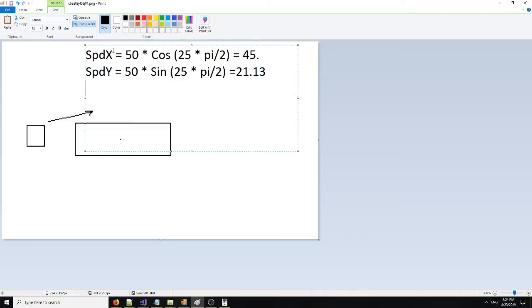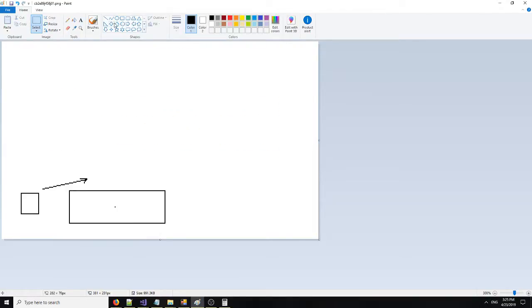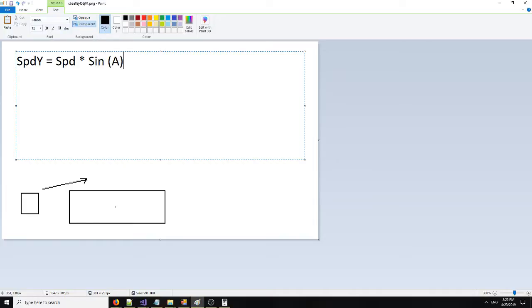Now I want to change the X by increasing the speed and the angle every time I change it without changing the Y. I have no clue. The first thing I need to do is figure out how to get the speed Y if this one is unknown. So speed Y is equal to the speed multiplied by sine of the angle. So if I know the speed but I want to change the speed Y,